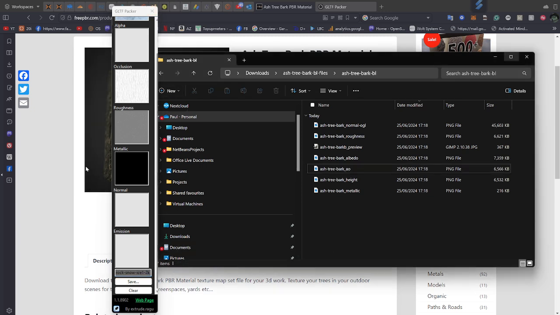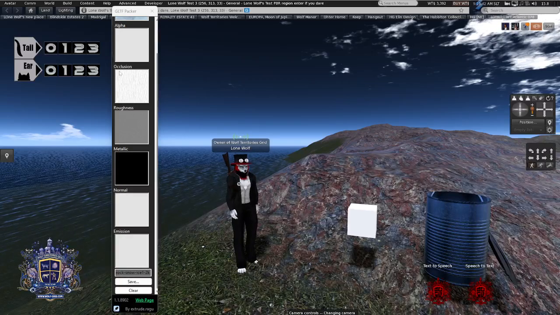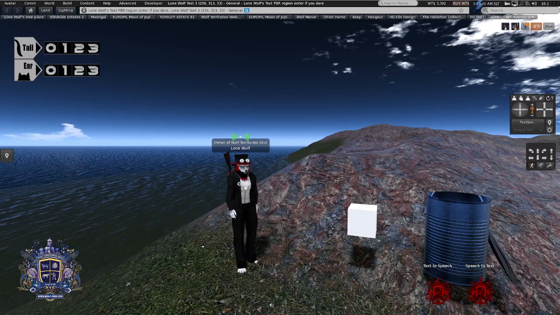Let me just leave that open. I'll show you one I prepared earlier using this technique. I've saved it out, and if I go into my Firestorm now, so I've saved out the GLTF file. So technical. I was going to explain to you what PBR stands for. It stands for